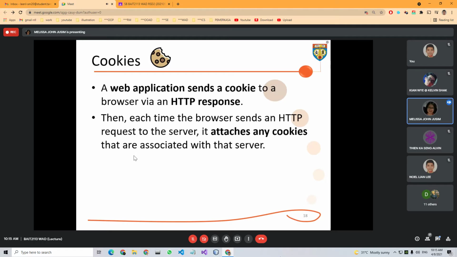Now your web app. When we develop our web application, we can send a cookie back through the HTTP response. So each time the browser sends an HTTP request, it will attach any cookies that are associated with that server.